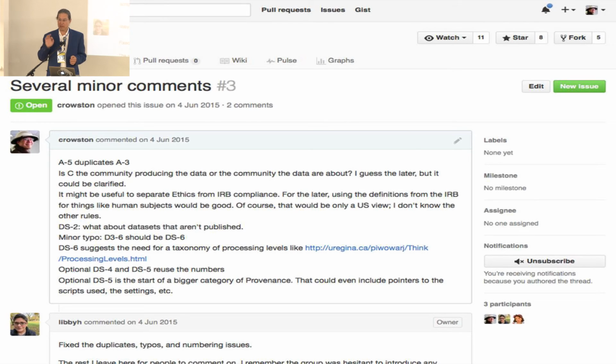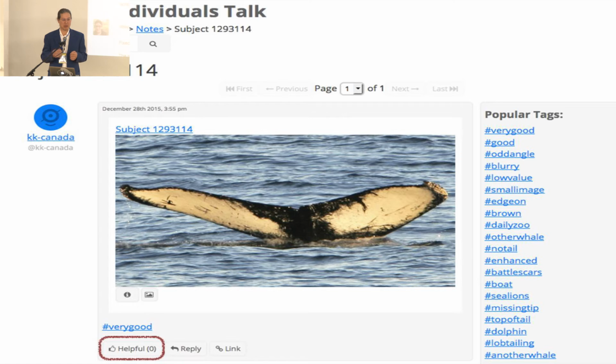In the case not, then a follow-on question would be, what can you do to encourage more useful practice proxies in these discussions? So in the case of citizen science, for example, working with the people at Zooniverse, we've just implemented this. I don't know if you can see it down here, but it's a helpful button. So when you post a talk comment, and in this case, this is for a project called Whales as Individuals, where you basically annotate pictures of whale fins to help the scientists keep track of individual whales. You can tell them apart by their fins.